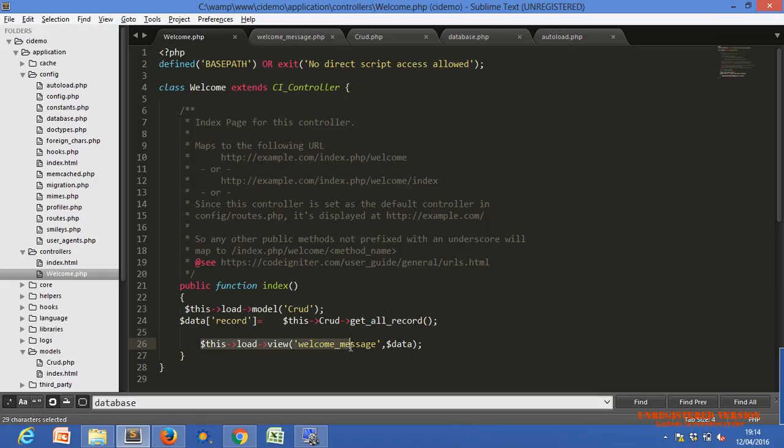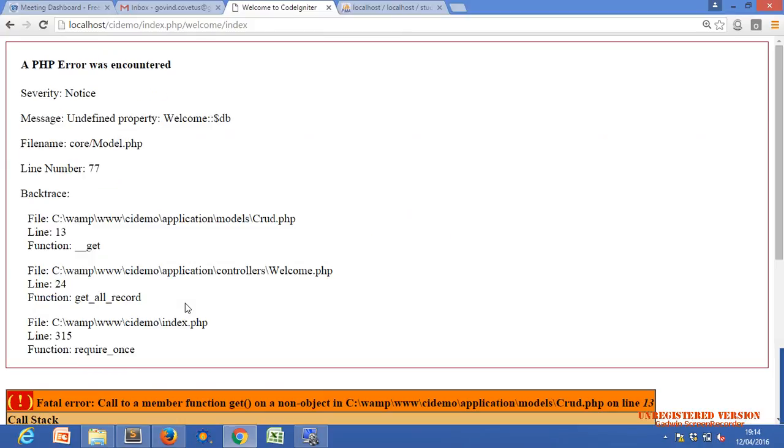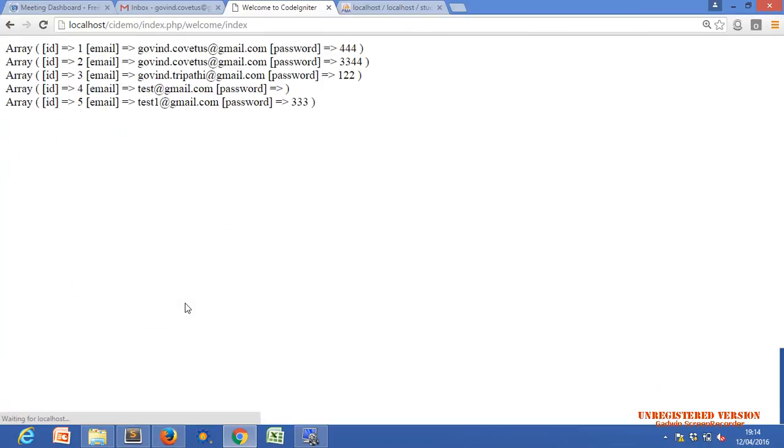This is the code of loading the view page. Before loading, we have to load our model first. Or if I don't load my model, one second, let me see. Yeah, we can get the code. Why?